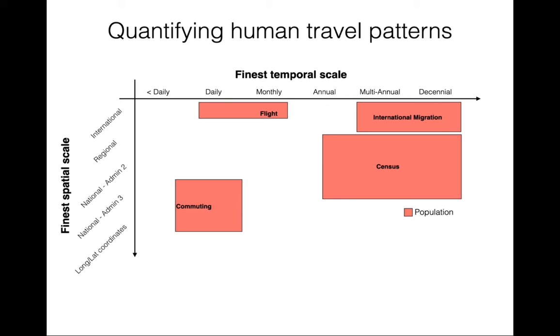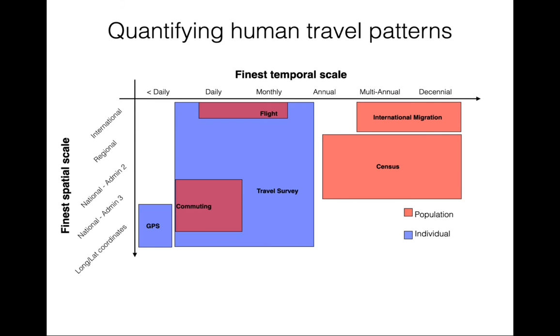There are a number of population-level data sets, such as census data or flight information. One of the benefits of these may be that they may be available in multiple countries and may be collected to be representative of the population of interest. There are also multiple individual-level data sets that can be used to quantify individual mobility patterns on a wide range of spatial and temporal scales.